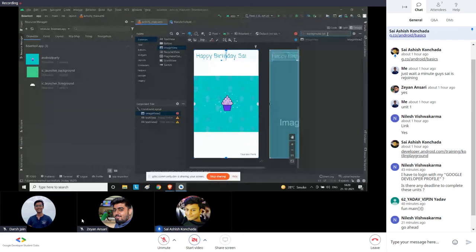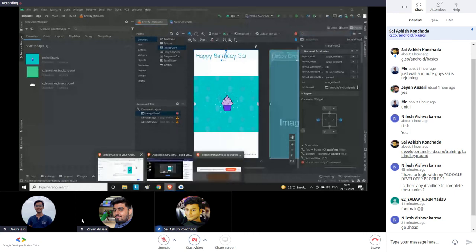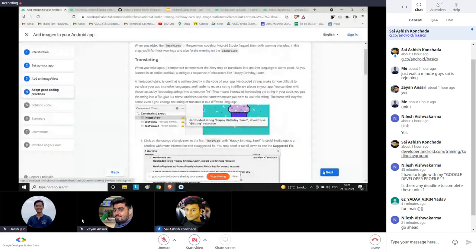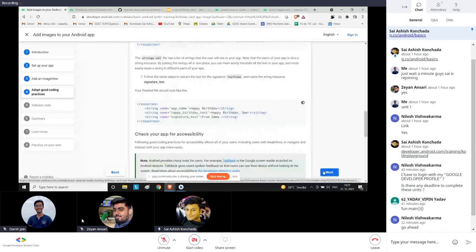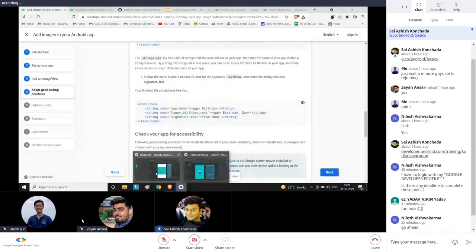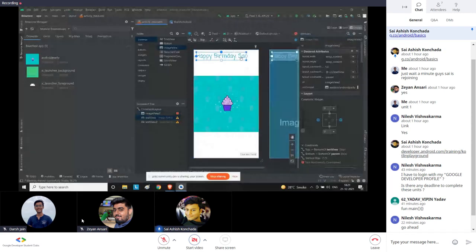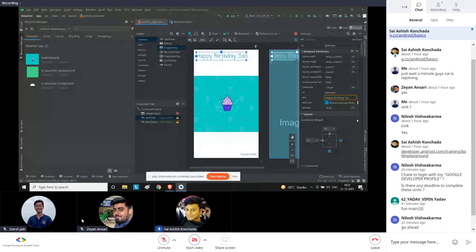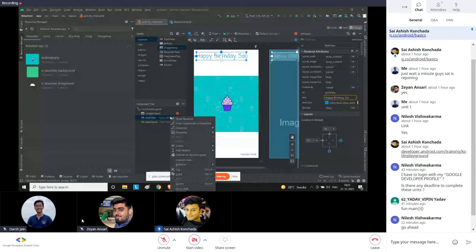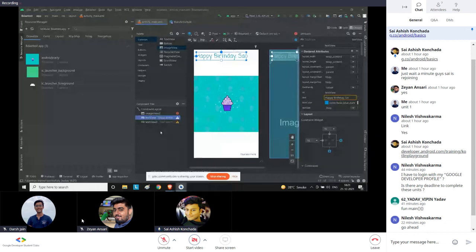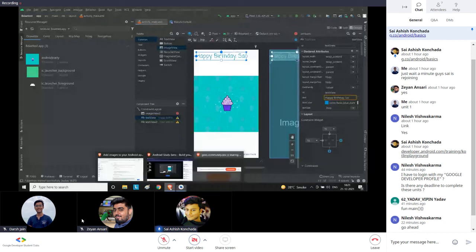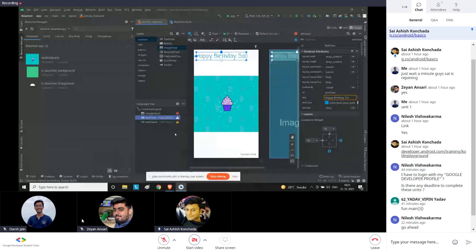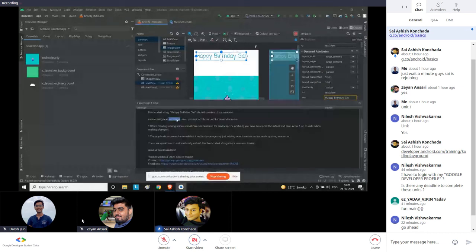Just type in the background. I don't know why it's not coming right now, but if you just follow the steps, it will come and be displayed like this. One more thing I mentioned in Kotlin: we're using a hard-coded variable like Sai or your best friend. They ask us to change it to a string so that you can reuse it again and again. So you can fix the error also.